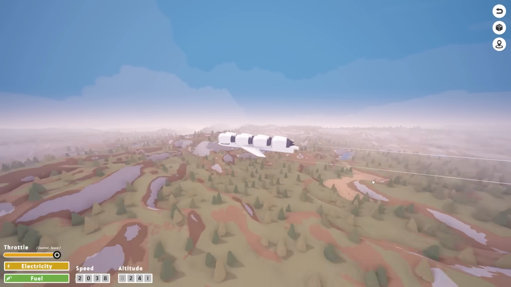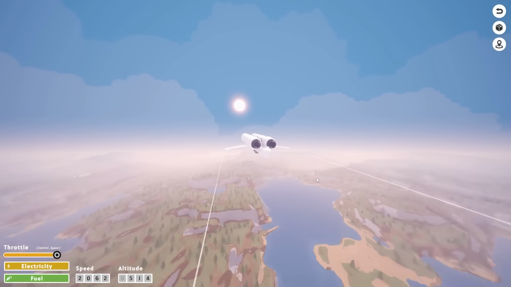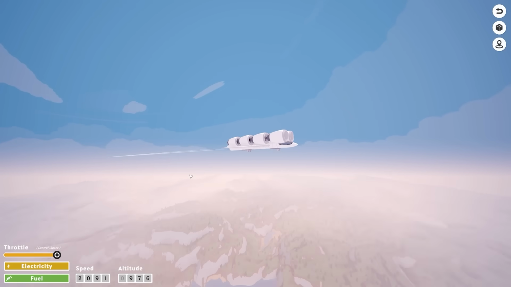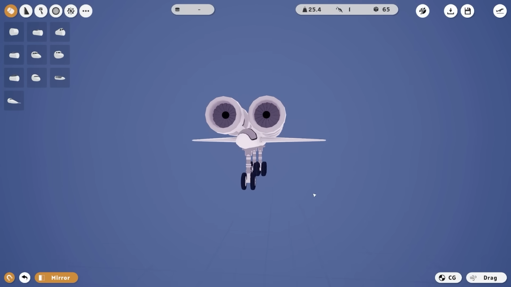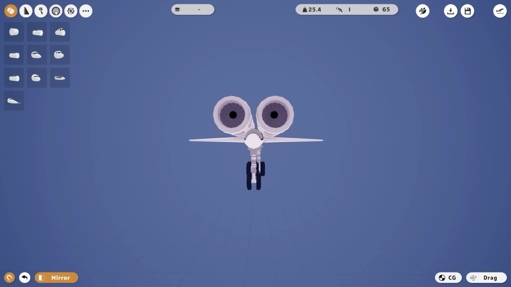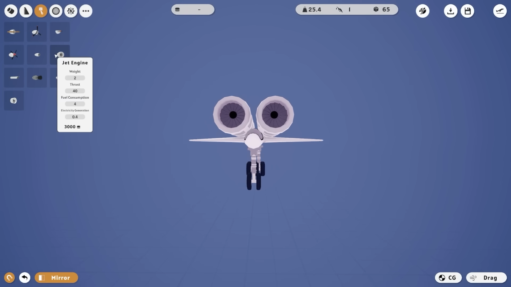2,000 nearly. There you go. We cracked 2,000 miles an hour. I assume it's miles an hour. It might be kilometers. But right, okay, 2,100 roughly. Let's now try and make the most of our body and try and add some extra engines